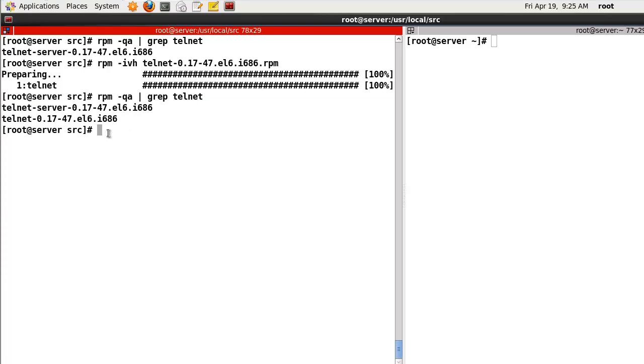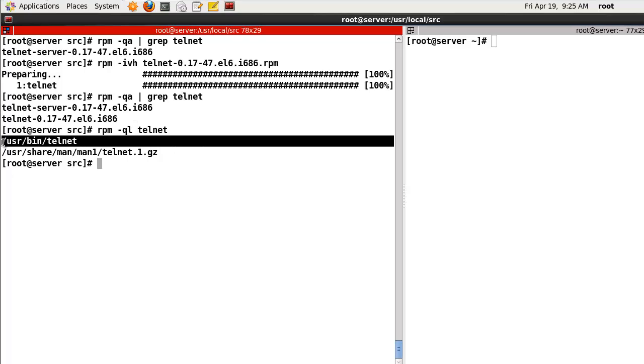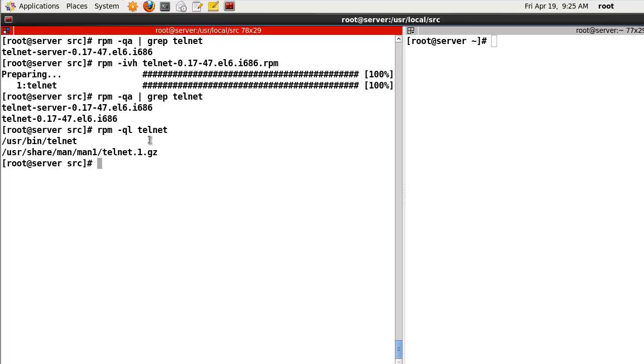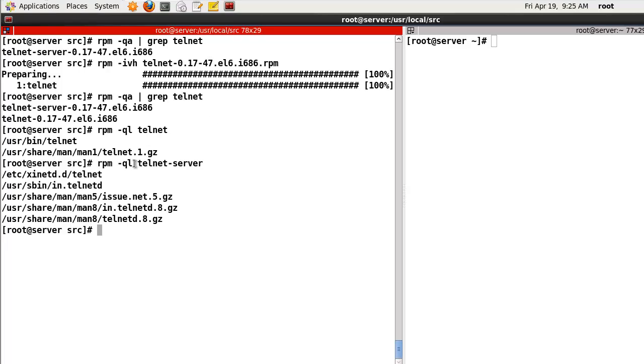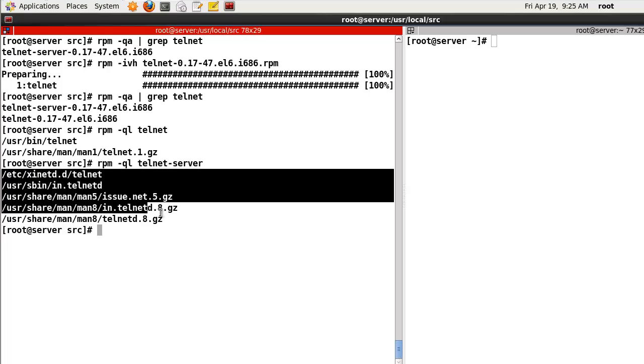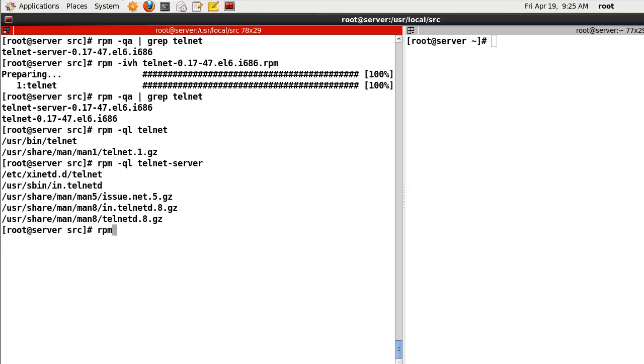And one more thing, now rpm -ql telnet. So if we install this package, normally this package will install this file and this file. Okay, one more thing, telnet-server. If we install this package, it will install this kind of files. For example, rpm -ql